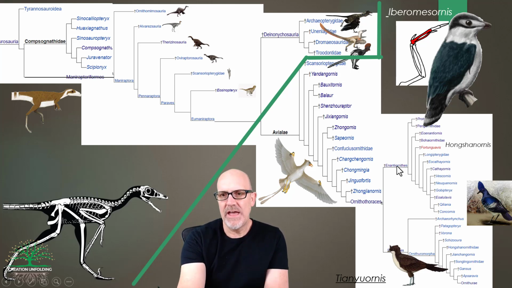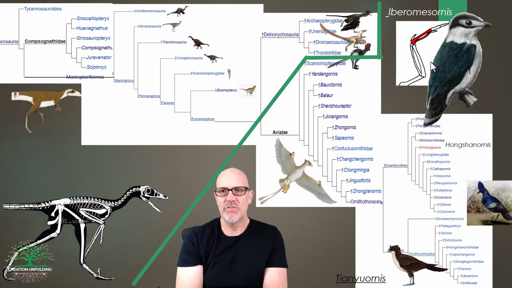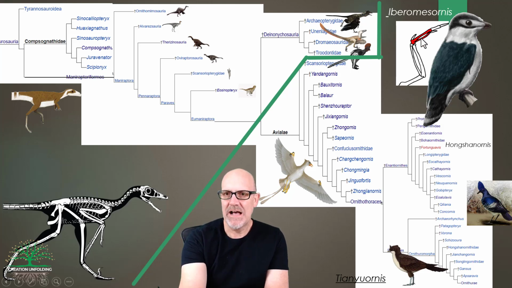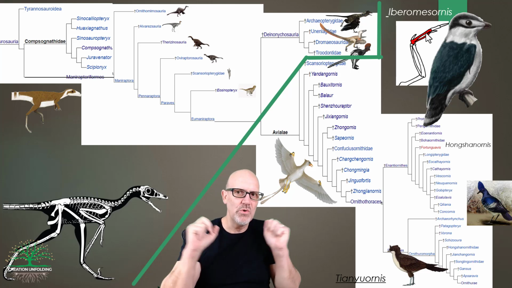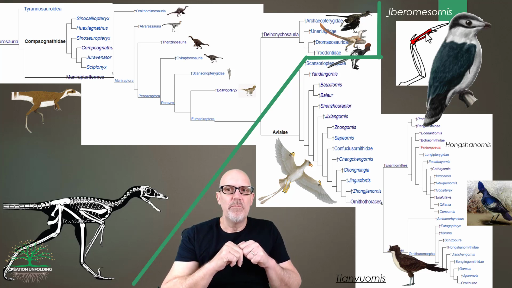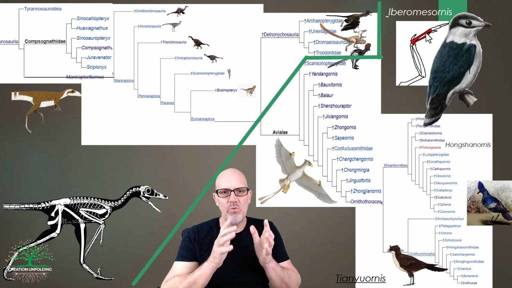Enantiornithines. Again, if you click on that, you get all of these different taxa that open up. Here is one example of one of these Enantiornithines, Iberomesornis, and essentially when you're looking at this, you're thinking to yourself, that's a bird. And for all intents and purposes, yes, I would call that a bird. You can see that it has the fused carpal and metacarpals. That is very distinct of birds, and it's the same in modern birds today. It still has teeth, and it still has either 1 or a few claws on its hand, but apart from that, it's very similar to what we would call modern birds.